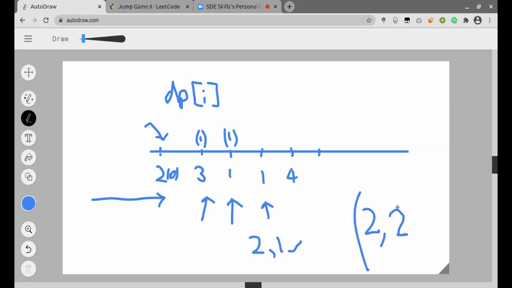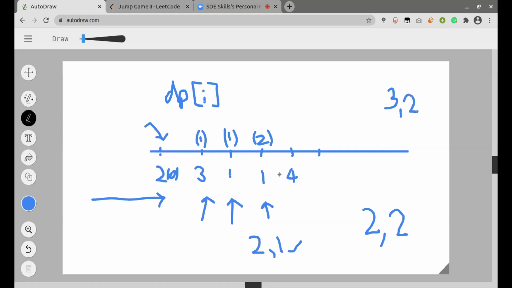So out of this 2, I will take the minimum again, which would be 2 again here. And similarly, I will do this for 4. For 4, I'll see from 1 I can get in 3 steps. From 1, I cannot get to 4, since the maximum length I could cover was 1. And from 3, I can get to 4 in a jump of length 3 again, and the total number of steps required would be 2.